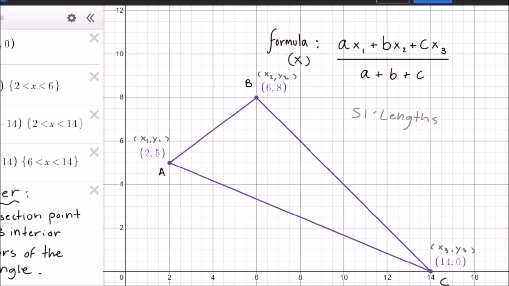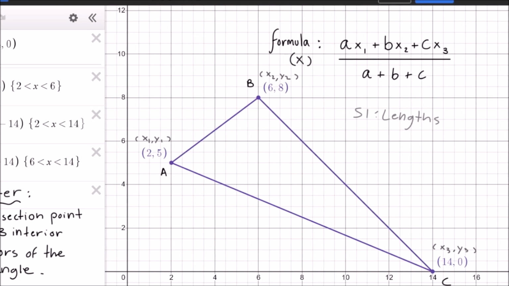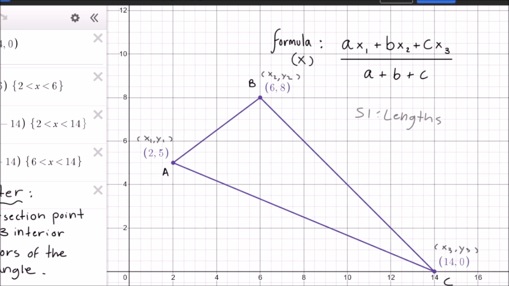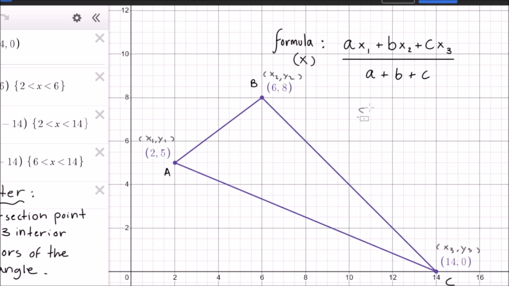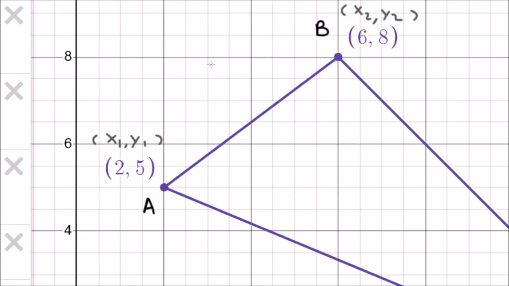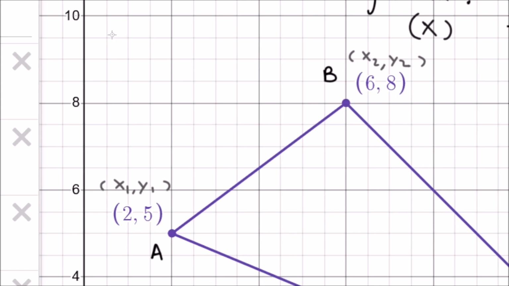The incenter is the intersection point of the three interior bisectors of the triangle, which sounds pretty complicated, but the formula right up here actually makes it pretty easy. First things first, we have to find the distance between these two points, or the length of the line, by using the distance formula, which we all know and love,